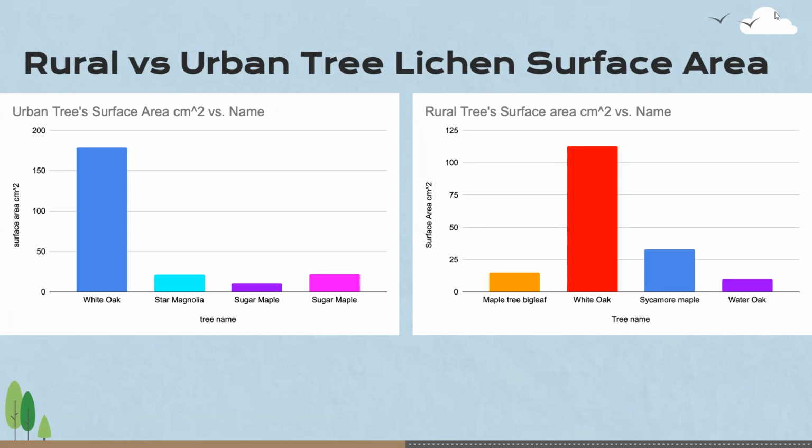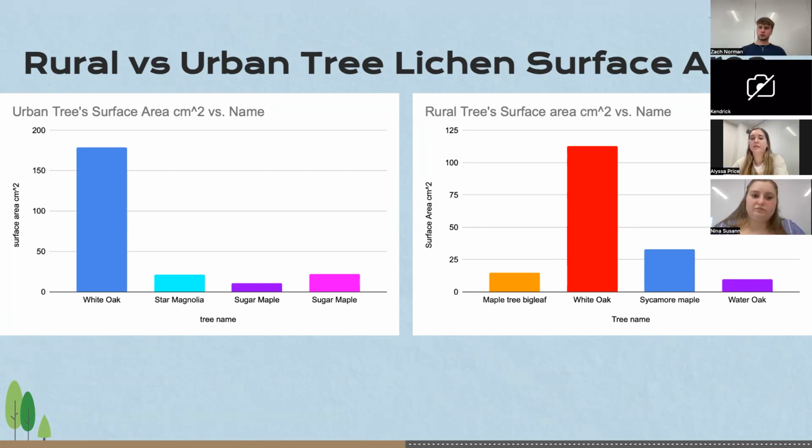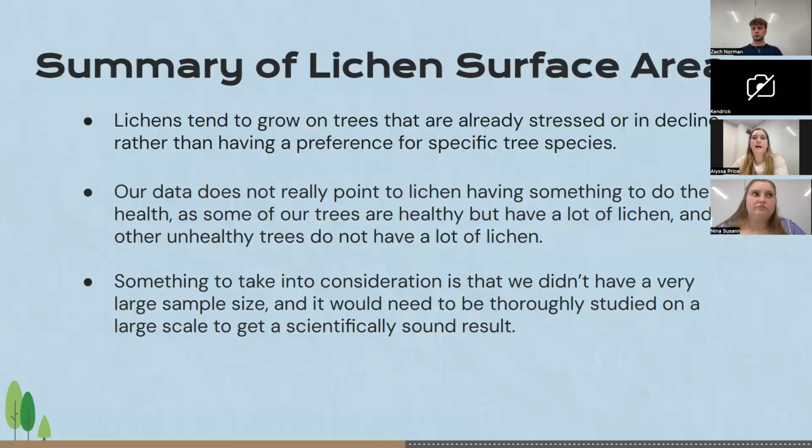So then we start getting into our rural versus urban and the tree lichen surface area. And it was a pretty distributed chart when it came to this. And we couldn't quite see a correlation because there were different trees, different areas. And that leads to the next slide where we talk about